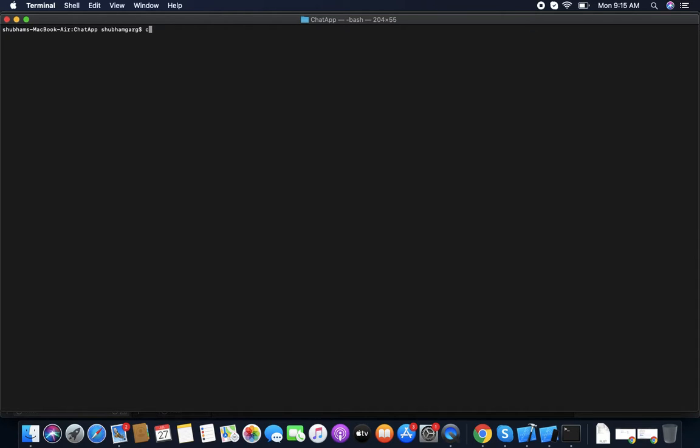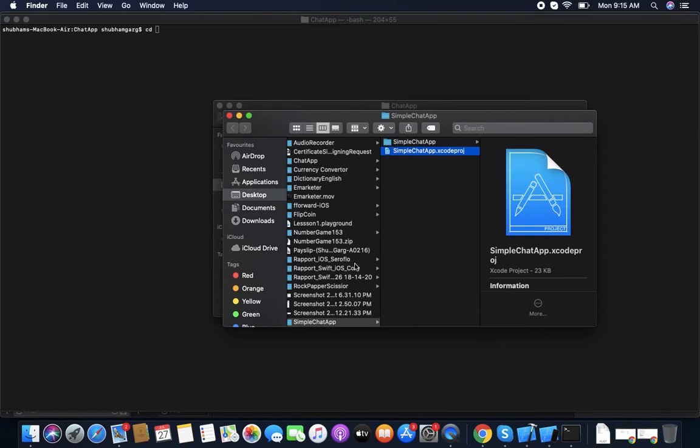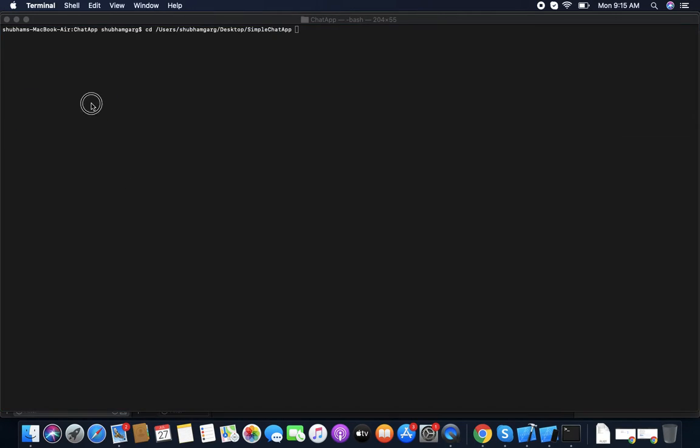Then write cd, select this app, reach that folder. Now run the command pod init.